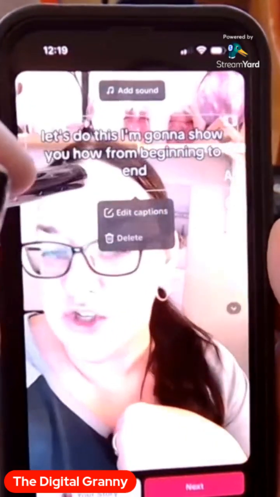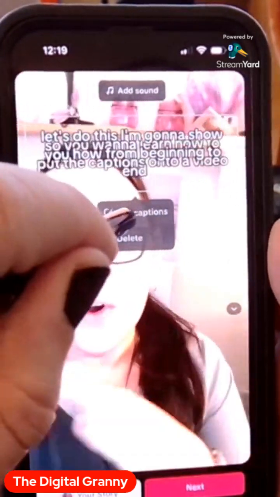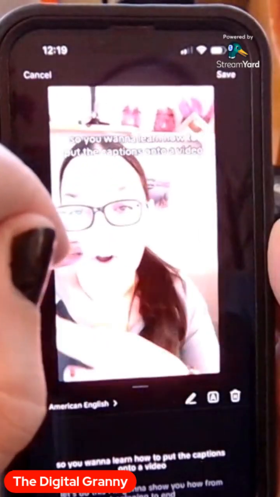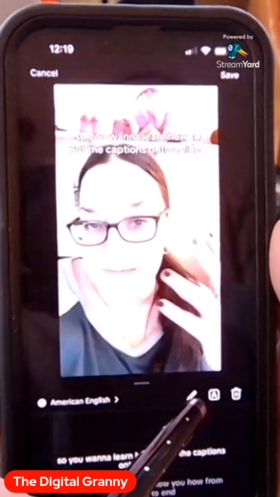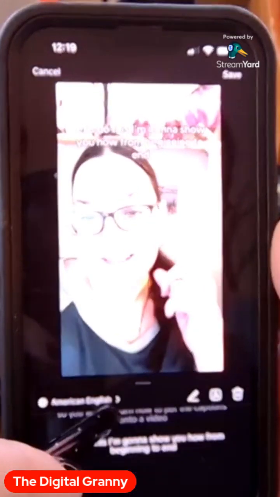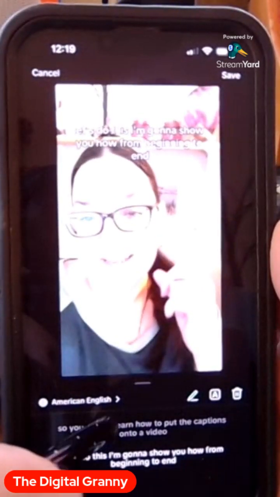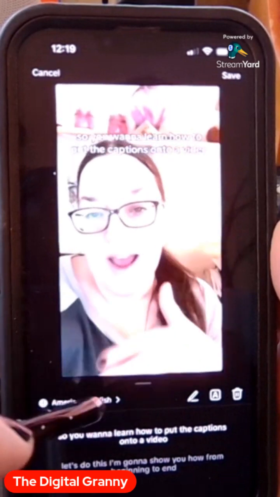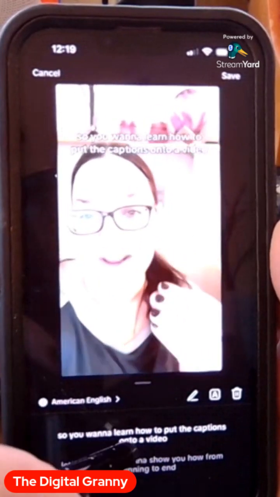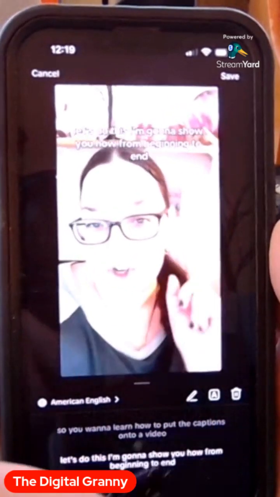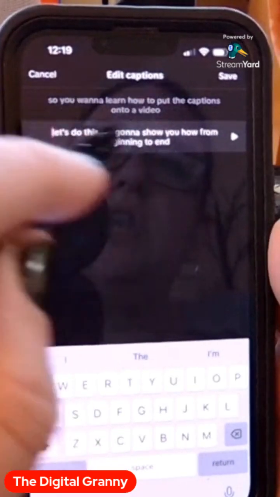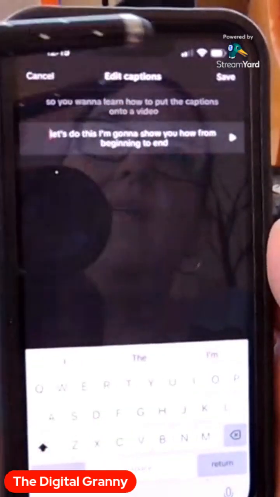Then I'm going to touch it again, and it says Edit Captions. Let's select Edit Captions. Now you'll see here, you can actually make sure that the words are what they say they are. Like when you're speaking, sometimes it might pop in the wrong word. So you'll want to edit that. You can click on that little pencil. Then you can go in here and you can change it, okay? When you're done,